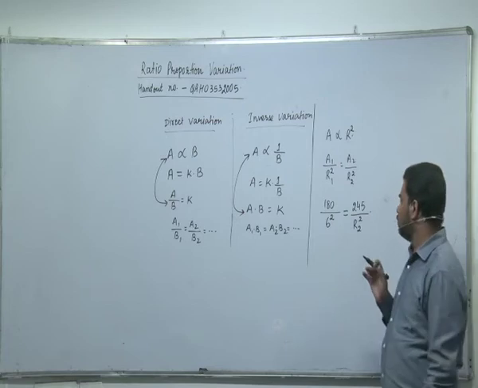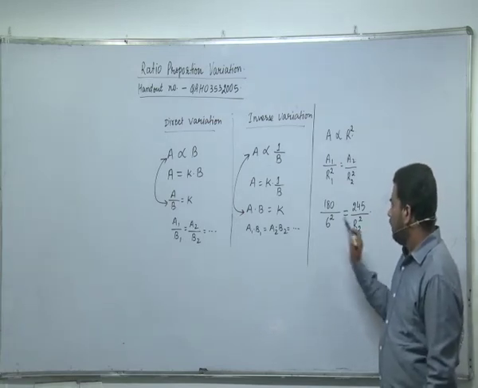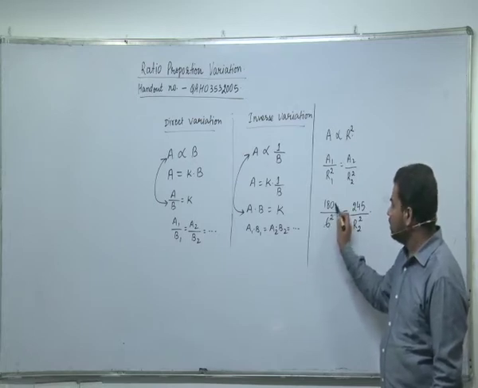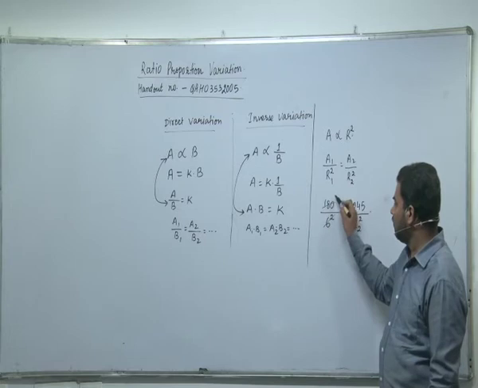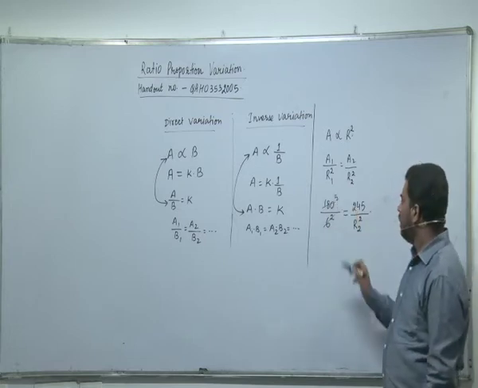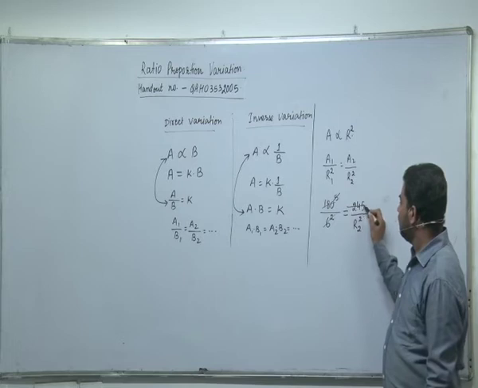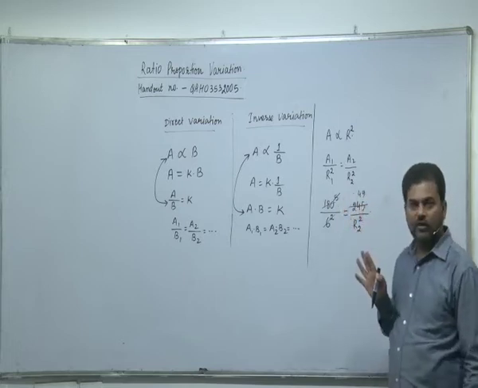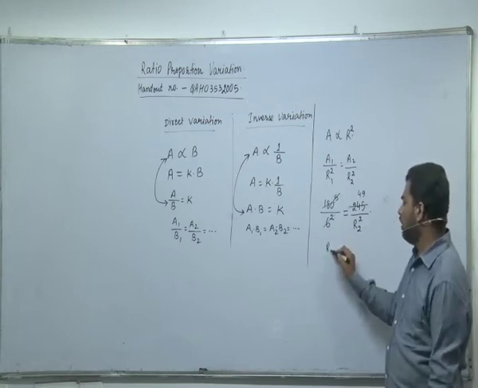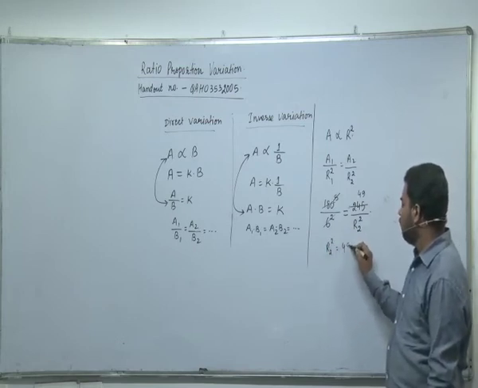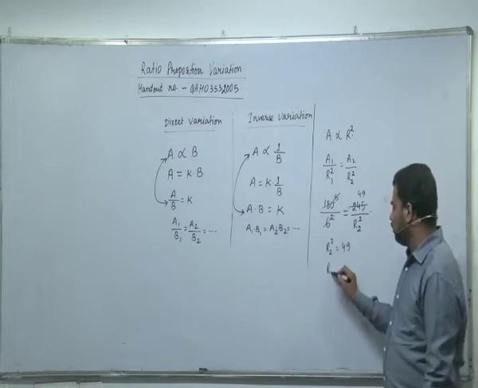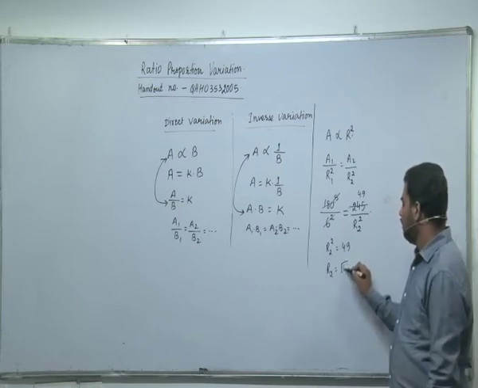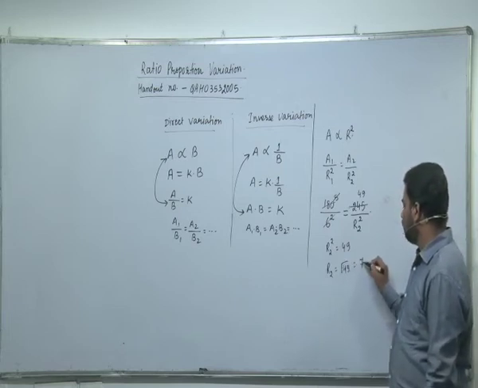Let us solve this. So, what do we get from here? 6 square is 36. 36, say we can cancel out 180. It will be 5 here. And from 5 we can cancel out 245, you will get 49, and then cross multiply. So I get R2 square is equal to 49. What is the value of R2 here? If R2 square is 49, R2 must be the square root of 49. And what is the square root of 49? The square root of 49 is 7.